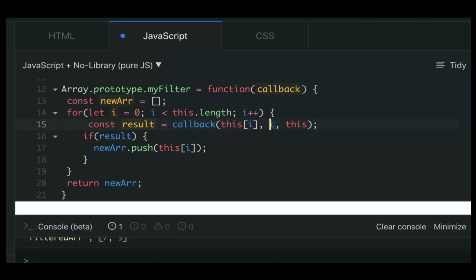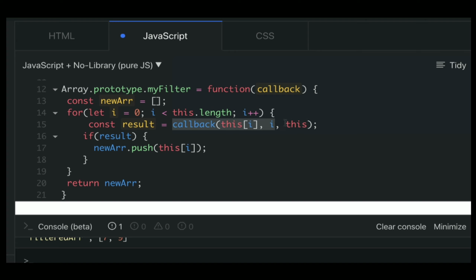We have two additional optional parameters, which we can talk about further in another example. Briefly, i indicates the index on which we are operating, and the other is the entire array on which we are operating at that particular iteration.